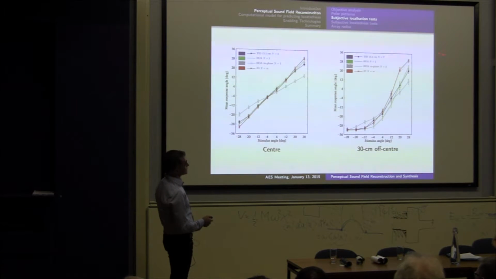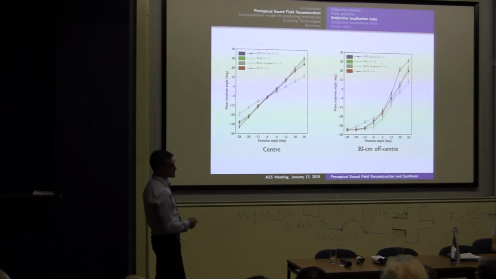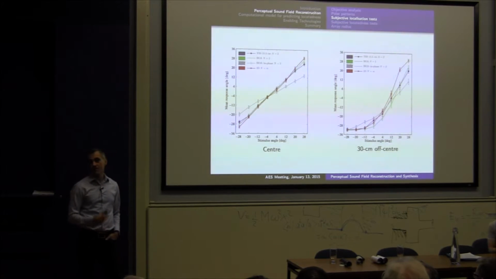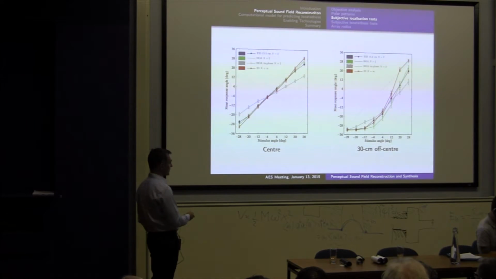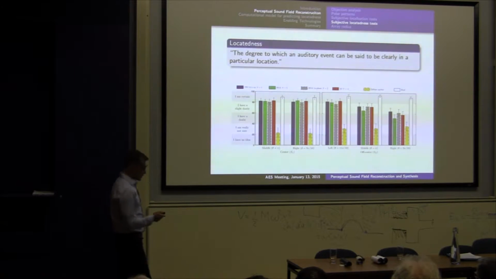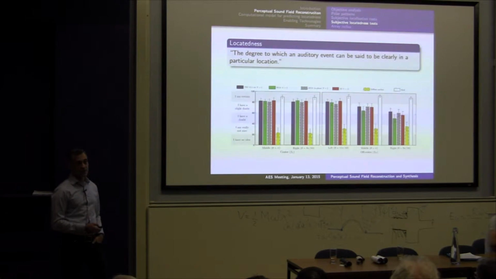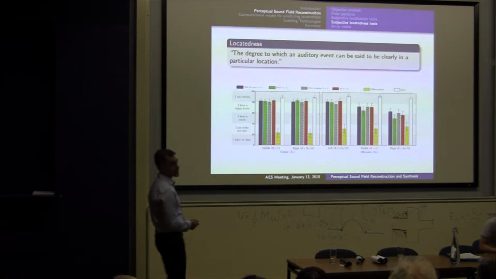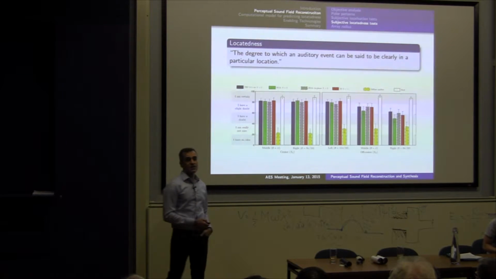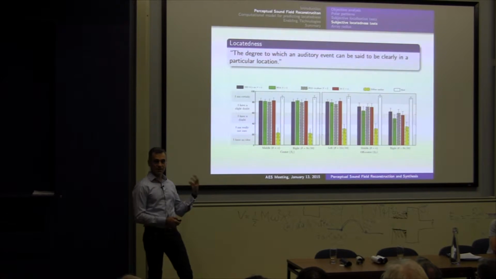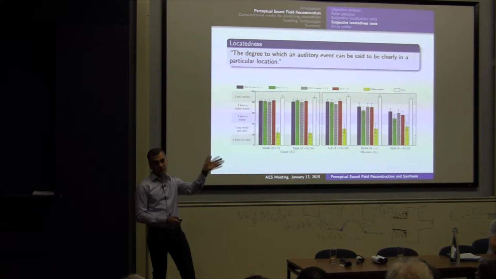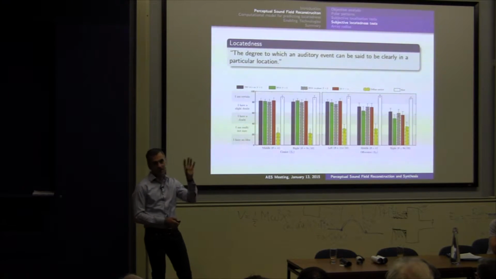But you should notice that this intensity stereophony, if you are to record, would require very, very high order microphones. So that is not something that we can really implement in recording properly. So now another criterion that we use to evaluate these techniques is the so-called locatedness, which is how convincing or how certain a listener is about the position of the sound source. Well, you know, I think it's somewhere there, or I'm sure it's there, etc.